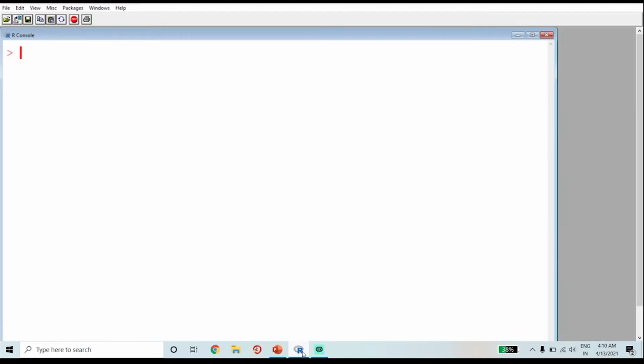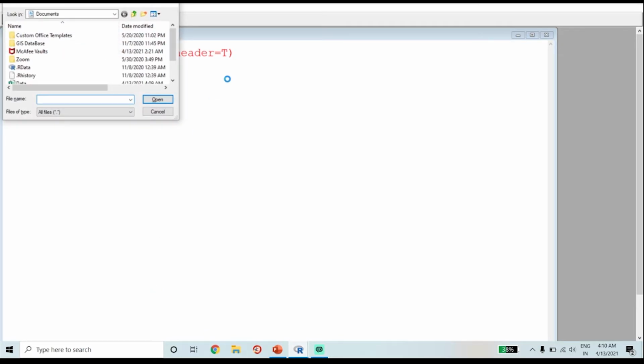Then in order to import data from Excel into R, open R. Then you can use the command read.csv, file.choose, header is equal to TRUE, header means heading is equal to true, capital T. Then you can see a dialog box gets opened.